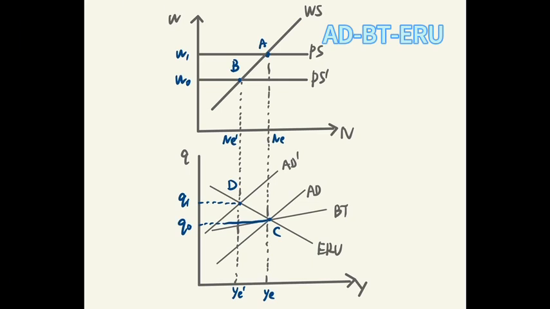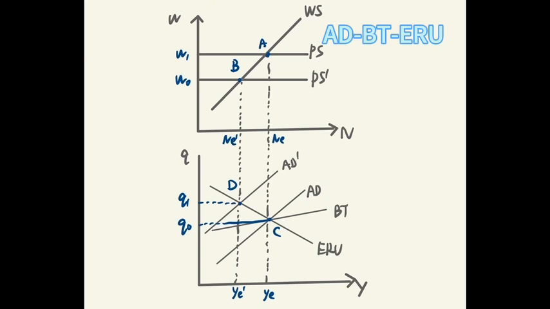At the same time, the equilibrium point also moved from point C to the new equilibrium point D, from which we can see that the total output on the y-axis decreases from YE to a new YE point. The exchange rate Q rises from Q0 to Q1, and the exchange rate depreciates when Q rises. The depreciation of the exchange rate is beneficial to exports and unfavorable to imports. So we can note that the trade surplus BT improves.